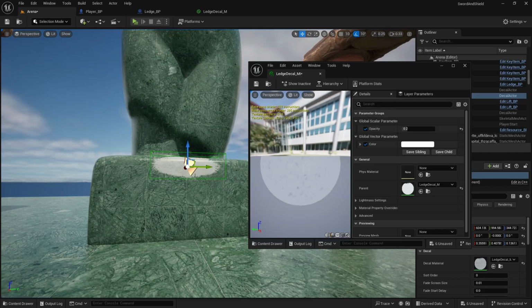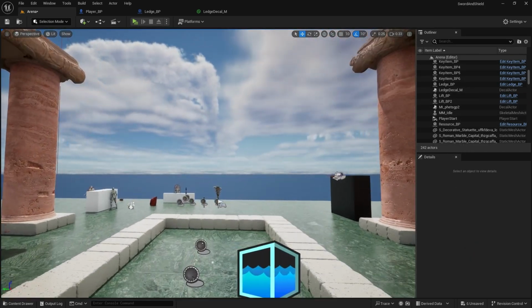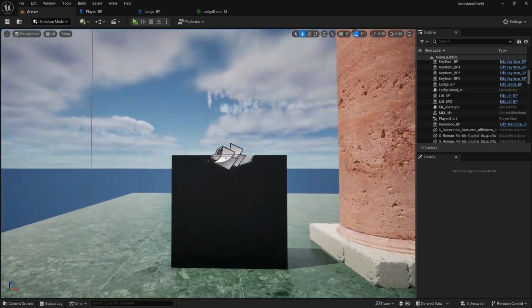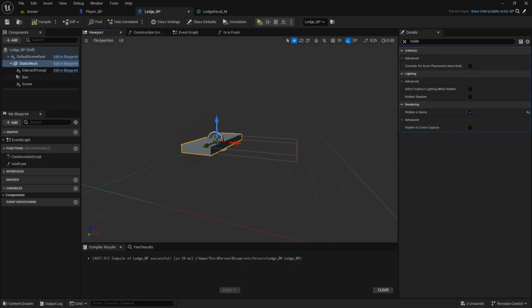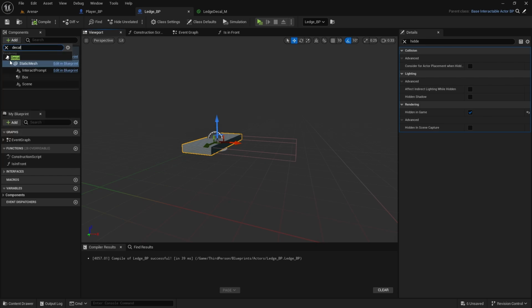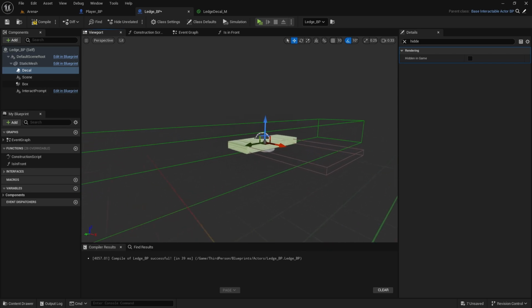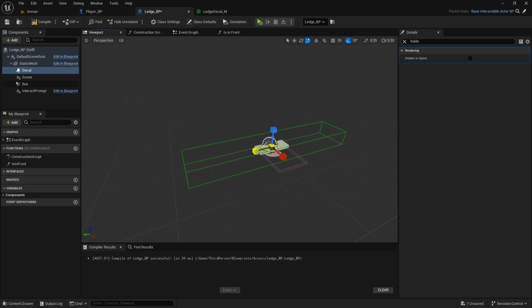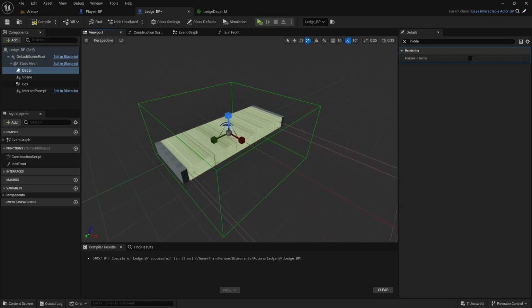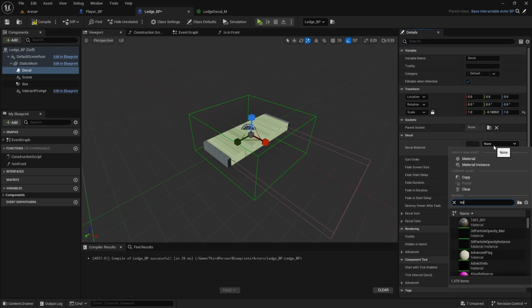Right, so this is how we create decals, and now we can just actually add it to our ledge directly, so we don't have to place it each time with the ledge. So you just need to position it correctly here. If you add component and search for decal, that is the name of it, add it to your static mesh, and then I'm going to resize it. I think default position. Let's see. Select this decal, do the MI